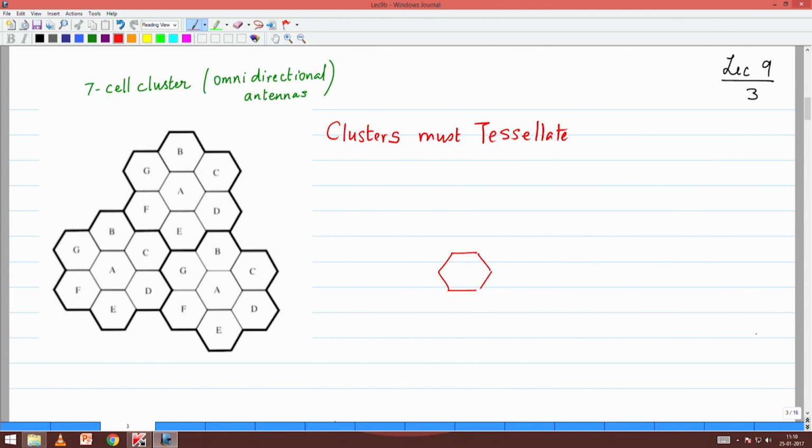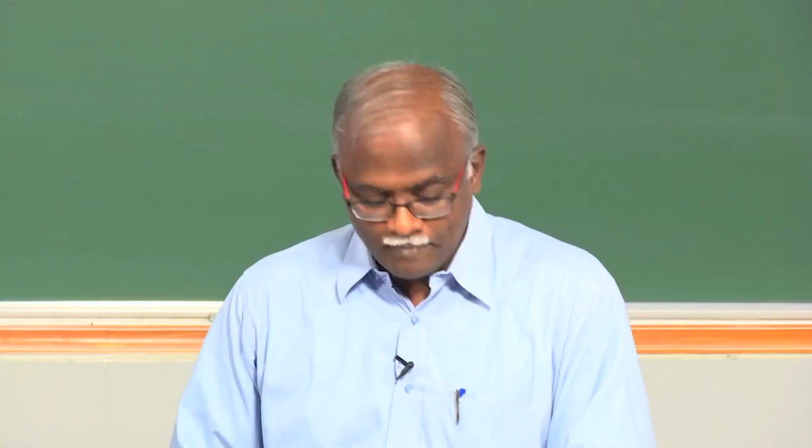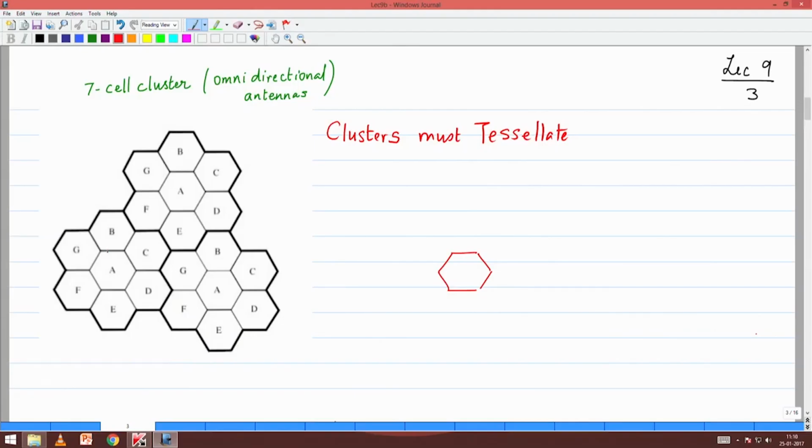Once you have a single hexagon, and you draw similar hexagons touching all of its 6 sides, you form a pattern that turns out to be the 7-cell cluster, and that is one of the very commonly used design tools for a cellular system. So the cluster would be along the blue lines. This would be the pattern